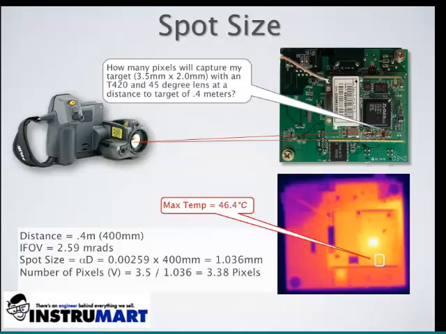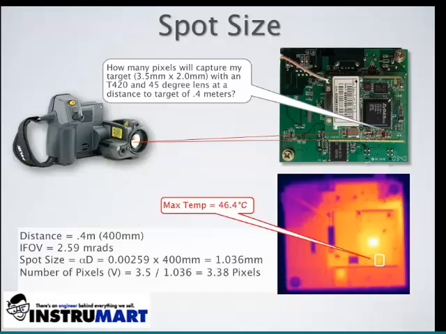But my temperature value here from the thermal image measures 46.4 degrees C. So it's actually warmer when measured with the T420 and that 45-degree lens. And the reason why is because I'm capturing more pixels. I'm closer to having that 3 by 3